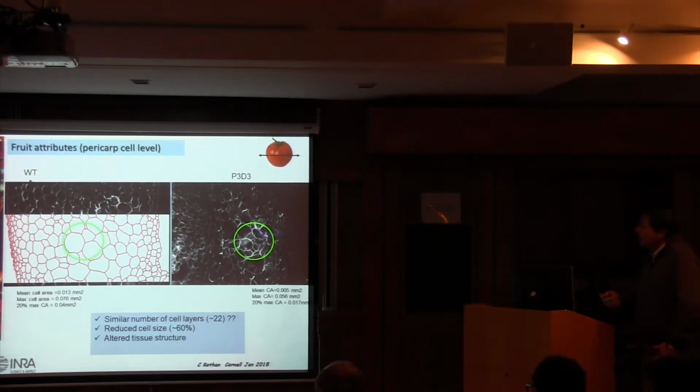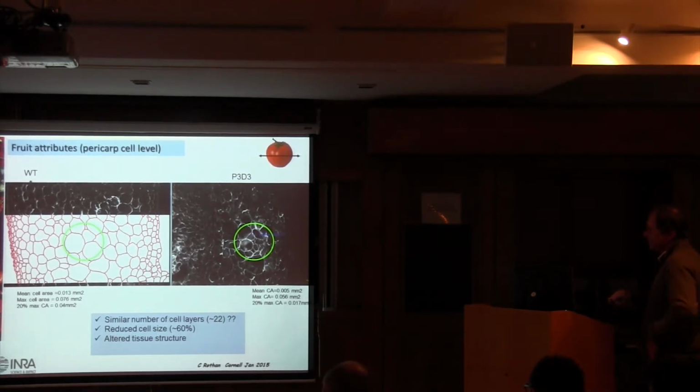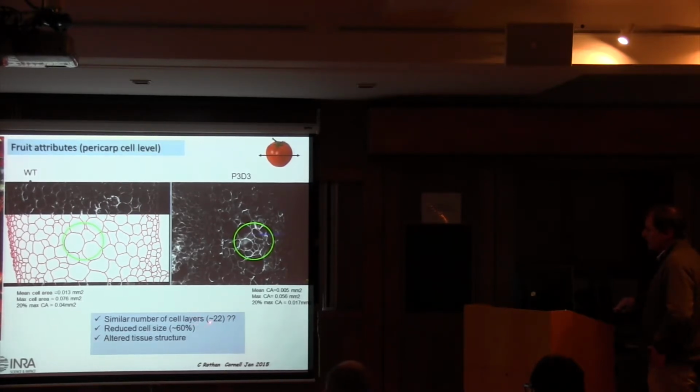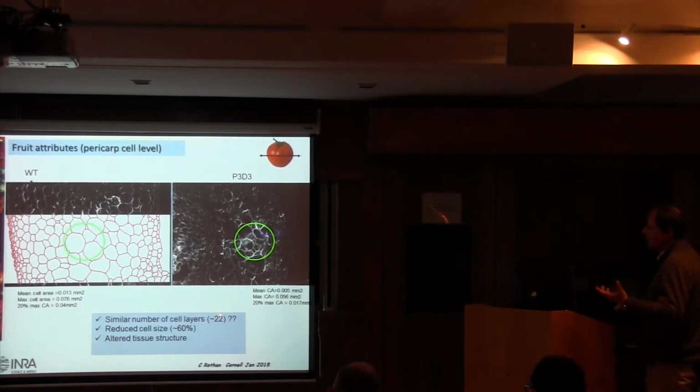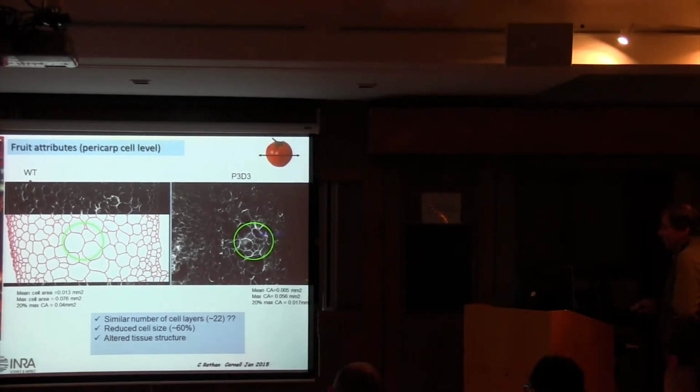But it was quite interesting trying to understand why this pericarp thickness is smaller. We have been looking at cell tissue structure, different cells, and what we saw, and this is quite interesting, is that the mean cell area is much lower in the mutant. What you have is more or less, we say more or less because it's very difficult to be sure of that, it's more or less the same